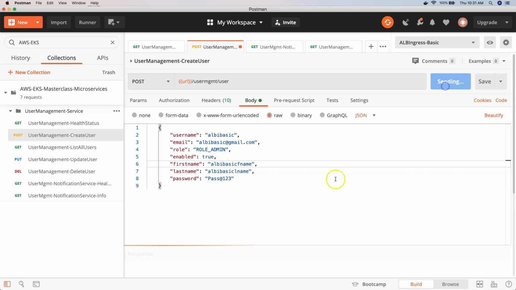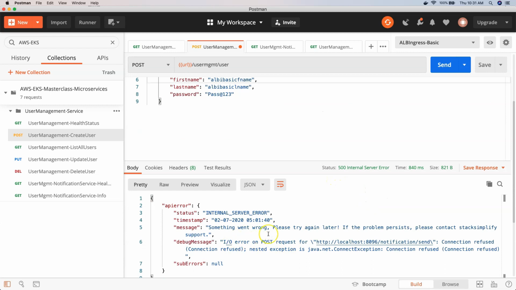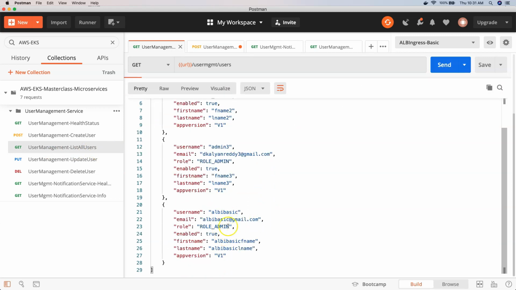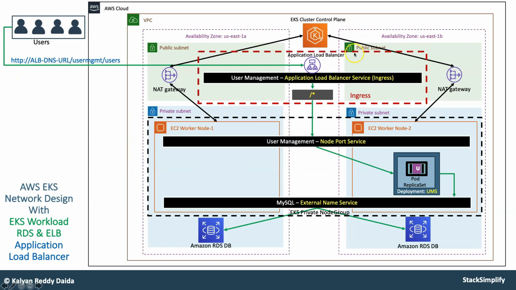Okay, and then I'll post it, and anyway we'll get the 500 for our notification service. That is fine. I'll come back to list users and then list the users, right? So I can see that the ALB basic user, whatever we have posted, got created in our RDS database. So the entire workflow worked for our post service also, in addition to the get service.